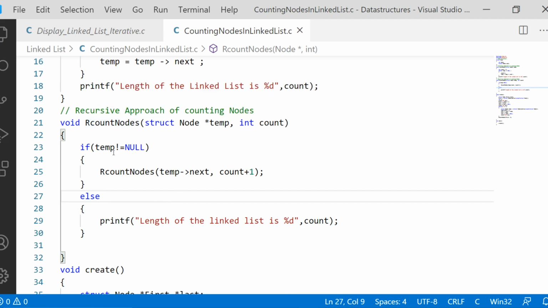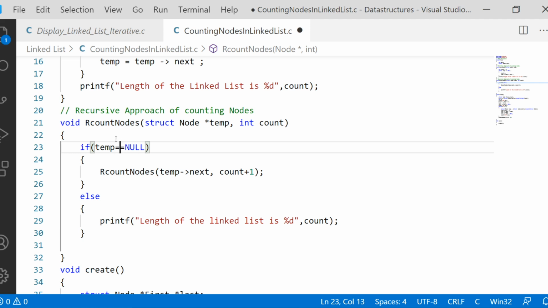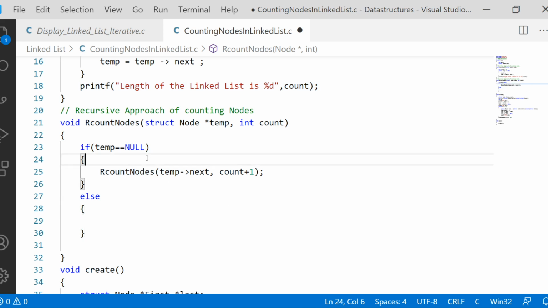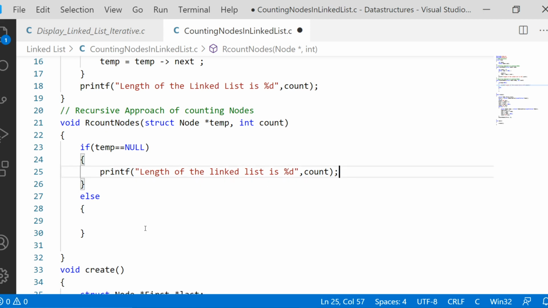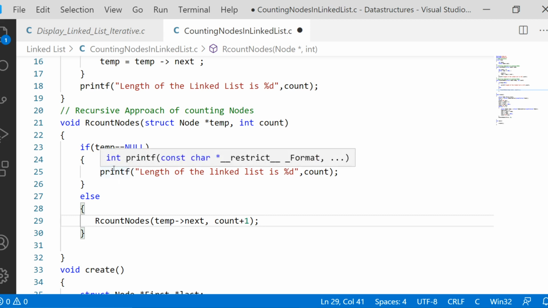What you could have done is change the condition. If temp equal to null, you can take this printf statement and provide it here. And coming to the else part, you take this recursive call and place it inversely. So either write a condition for continuing, and take the recursive call and place it inside.